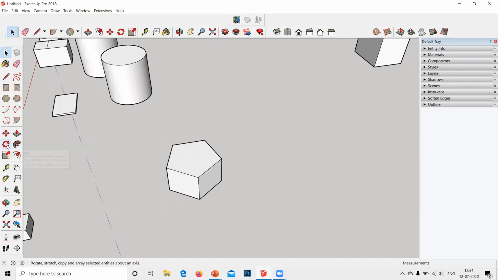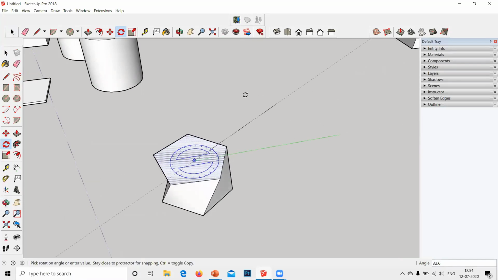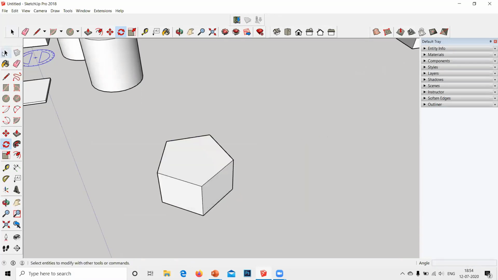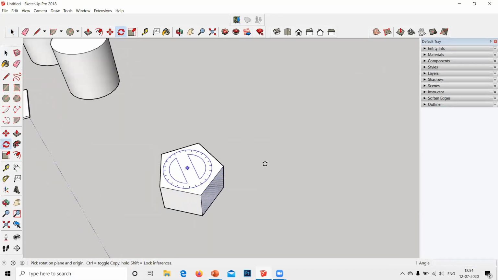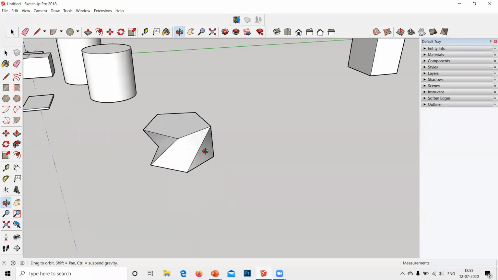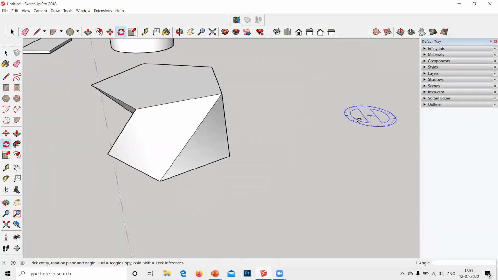So when I clicked on this rotate option, I clicked on its face, only its face got selected, right? So if I try to move it, only my face is moving and all the faces which are connected to my face. Only this right now I have selected. So all these faces which are connected to my face are moving and the original face is moving.